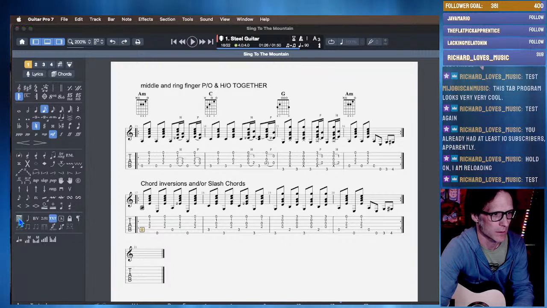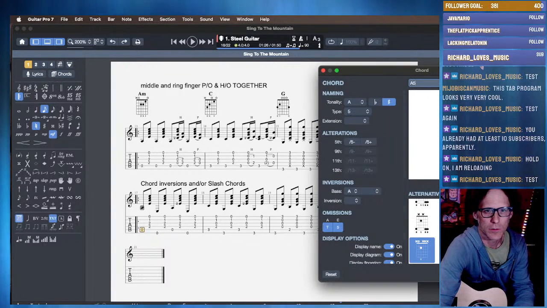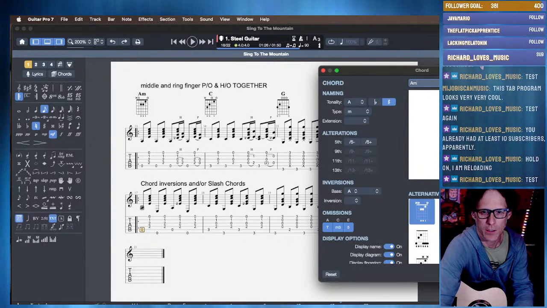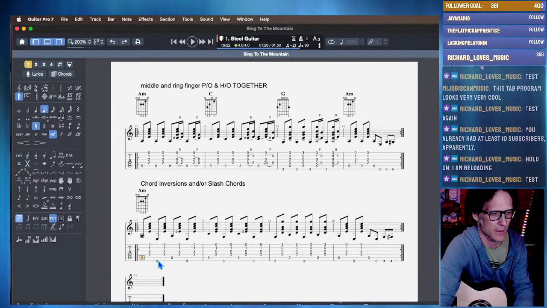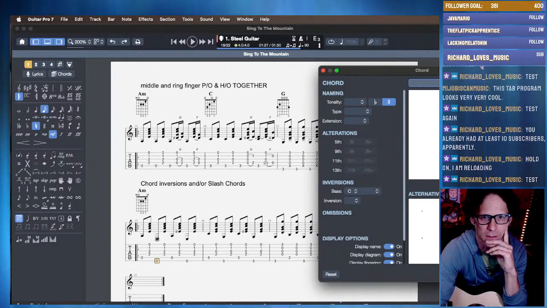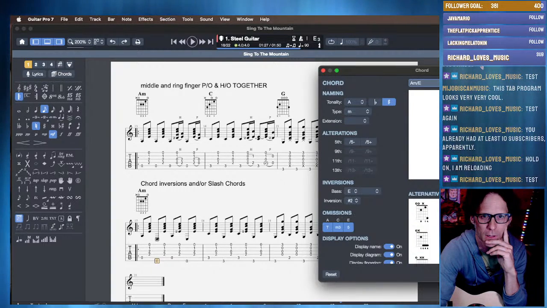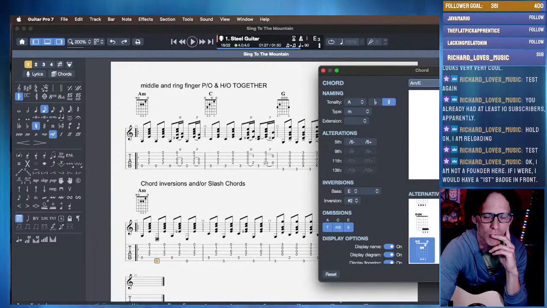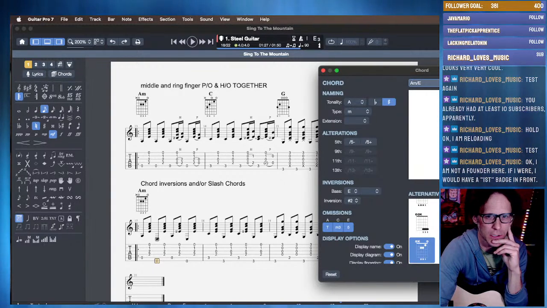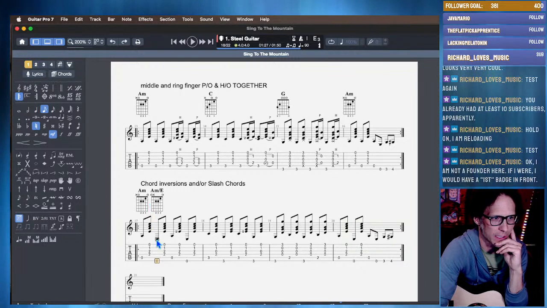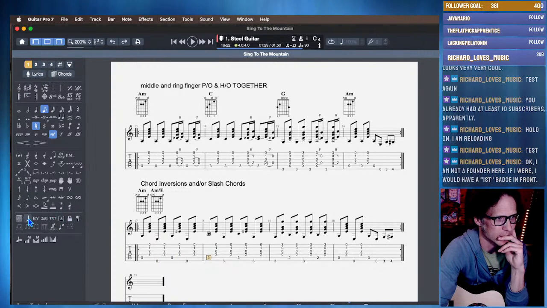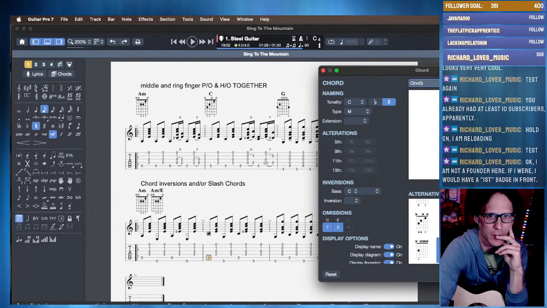Speaking of which, let's see. Since I'm not playing the whole chord on the downbeat, I can do that. And I'm just labeling some of these things because I'm teaching this student slash chords or inversions, depending on what the chord is. So I want to show him what some of these look like, just saying that it's an A minor chord with an E in the bass now. And this one, we got, see,